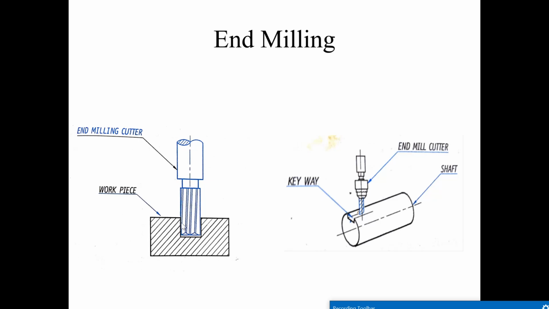This is the depth of cut, which can be given by raising or lowering the work table. So this is the end milling operation. Suppose from the actual dimension the depth should be 5 mm, then from the normal position you should raise the work table to a 5 mm height. That is the end milling operation, where we can produce narrow slots.